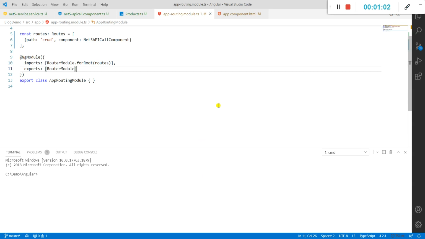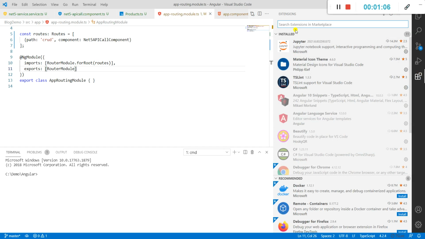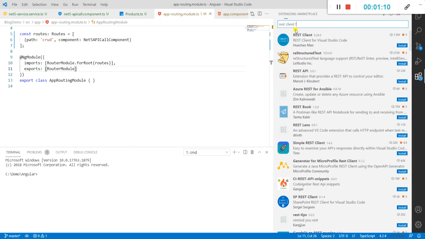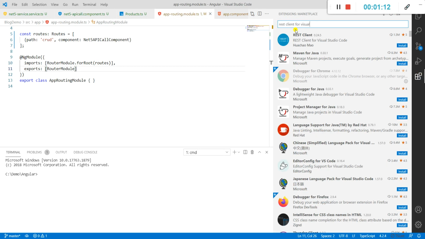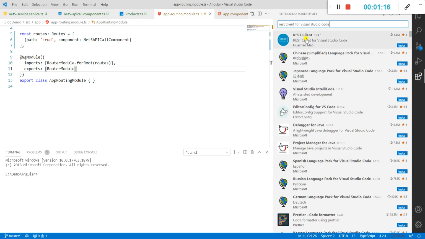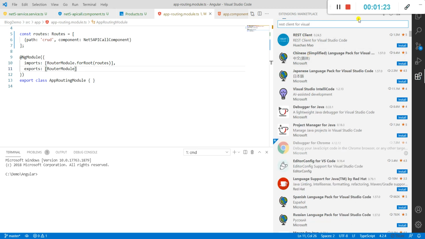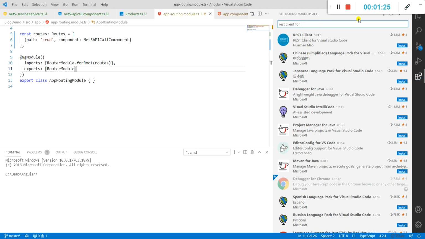So I have opened my Visual Studio Code and I'll search for REST client for Visual Studio Code. You will get n number of results. For example, REST client, and Thunder client is another option.